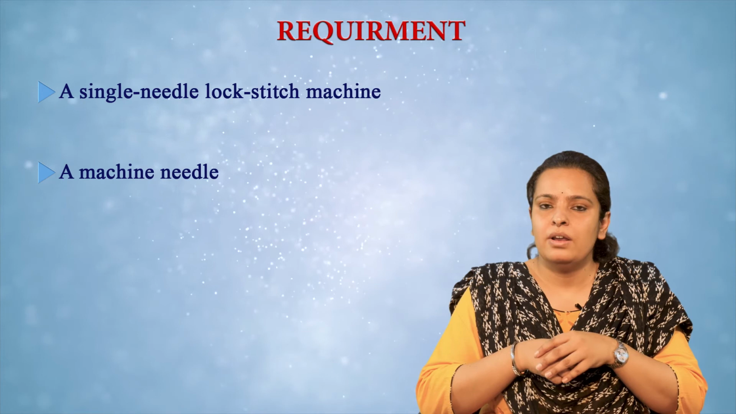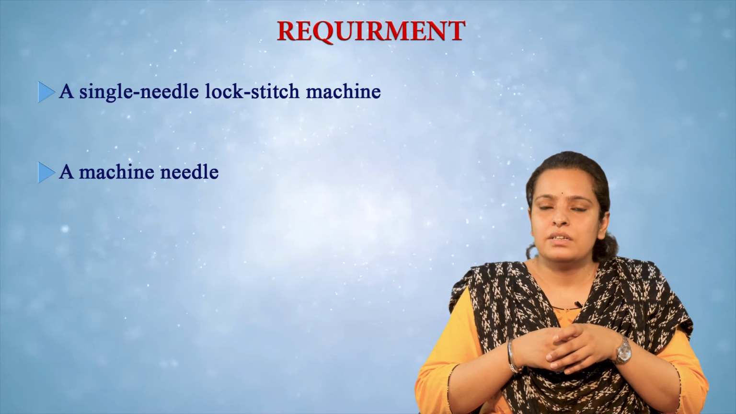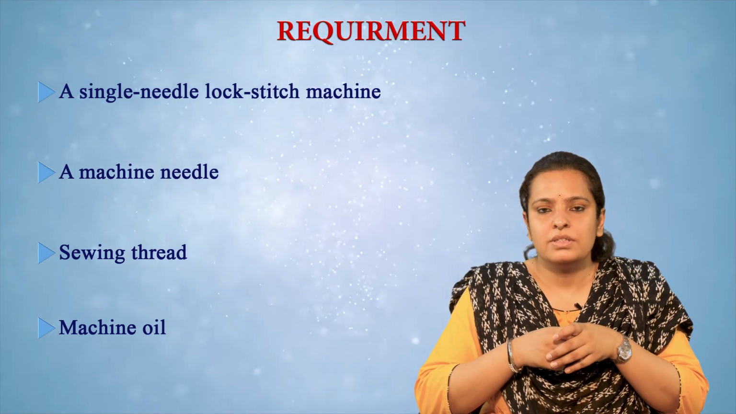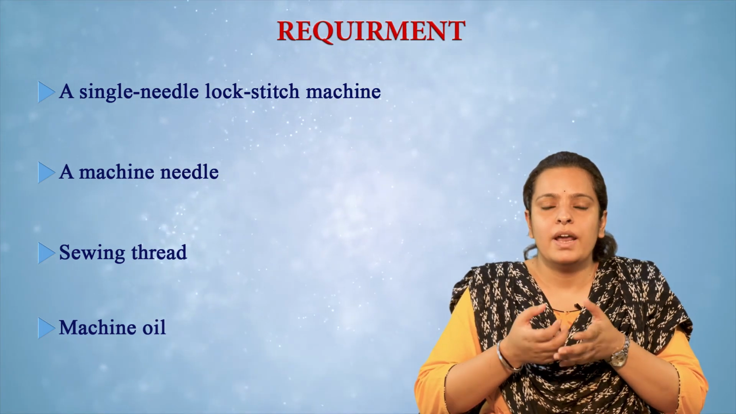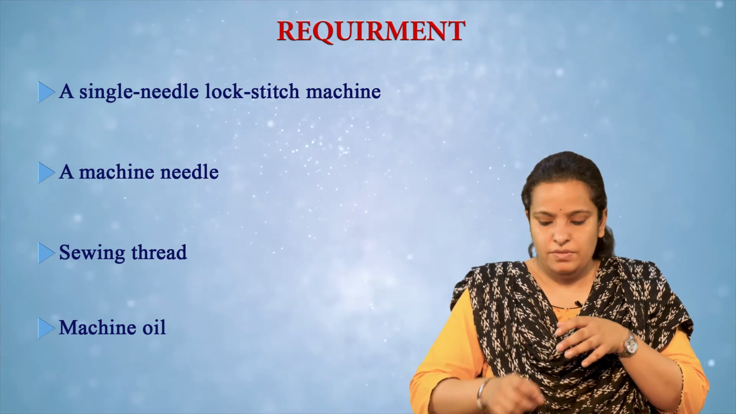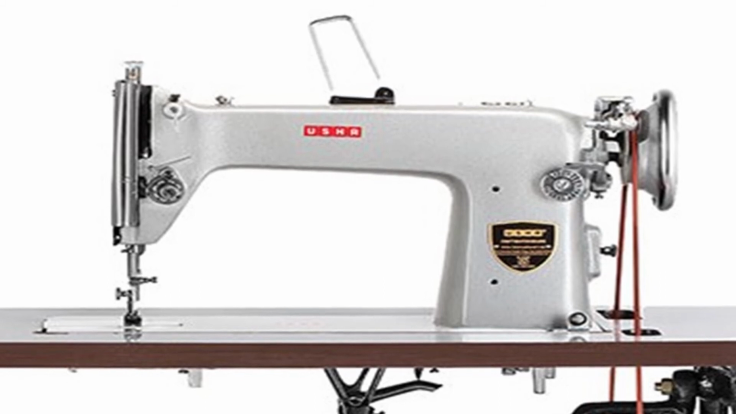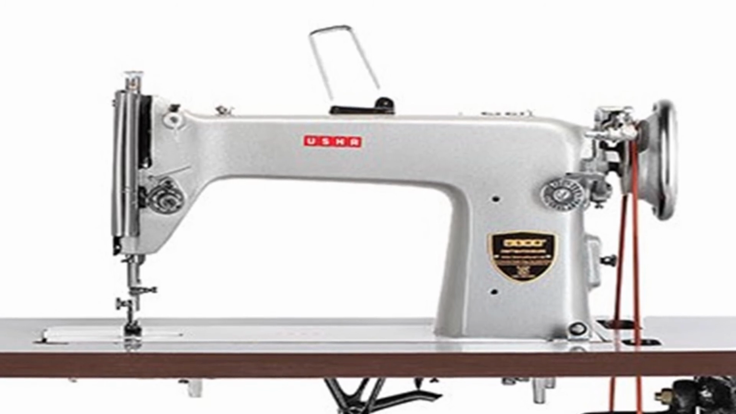So we need a single needle lock stitch machine, machine needles, different types of sewing threads and machine oil. All these 4 things we require while we are going to practice stitching or handle the sewing machine. This is the picture of how the sewing machine looks. We have all seen this machine in our home or somewhere else. So first of all we will discuss the handling of the sewing machine, what all care and process we have to follow while